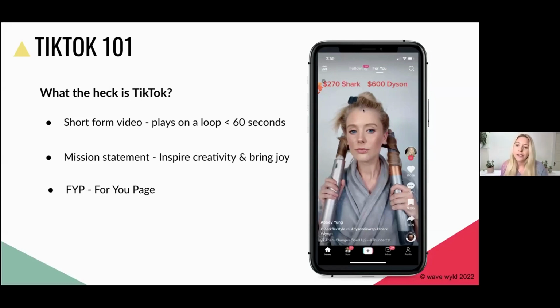So if you're not familiar with TikTok, I'll go through just a little bit of the interface because there's a lot of interface on TikTok, a lot of buttons and navigation. But at the very bottom is our basic navigation of the app. Your home page is going to take you to the For You feed. If I tap on following, it will show me a feed of videos of people I follow. This is the TikTok Now feature. It is pretty much like a copy of the app Be Real. If you're familiar with Be Real, it's something new that TikTok has put out. I'm not going to go too much into that. It's not super important for TikTok for Business.